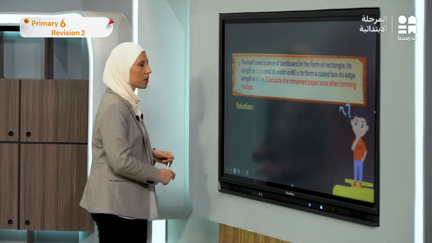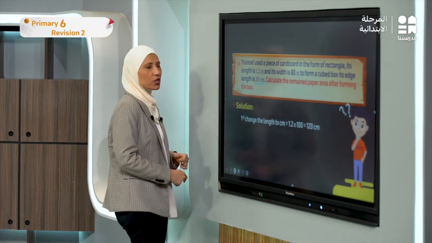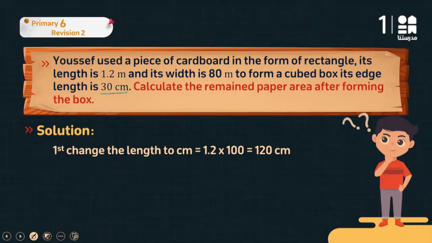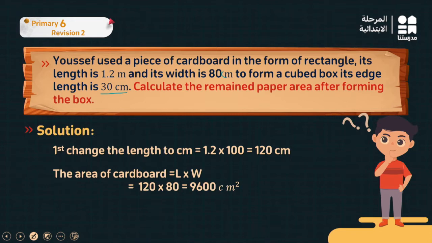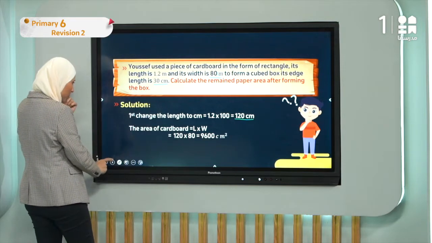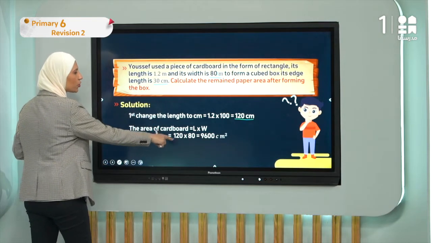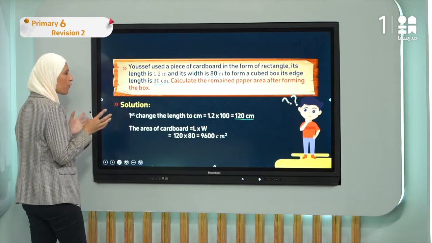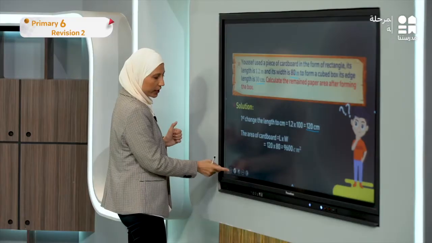طيب أول step خالص, I am going to change the length to centimeter. عندي 1.2 times 100 gives me 120 centimeter. So now I have the same unit, 120 centimeter and 80 centimeter. So I will write 120 times 80 to find the area of the board. It will give me